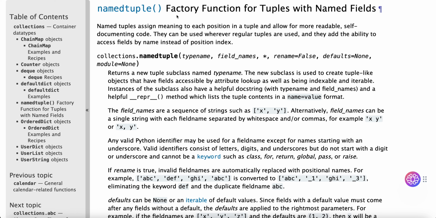collections.namedtuple is a factory function for tuples with named fields. Named tuples assign meaning to each position in a tuple and allow for more readable, self-documenting code. They can be used wherever regular tuples are used, and they add the ability to access fields by name instead of position index. collections.namedtuple(typename, field_names, *, rename=False, defaults=None, module=None)